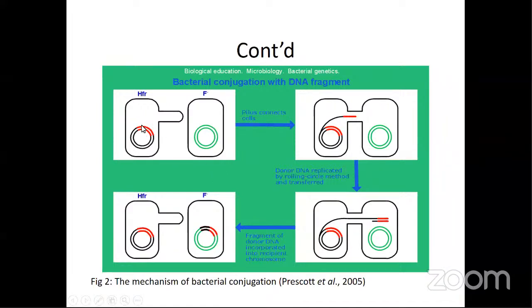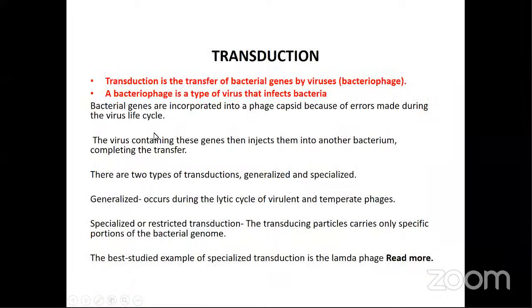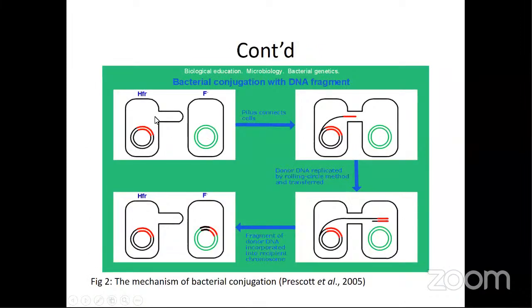All right, so you can see that the one representing the donor is able to form what is called a pilus. That is the first thing it does. It forms a pilus, P-I-L-U-S, which shoots out. Then you have the DNA. This red part is part of the DNA that it will donate. Then the pilus connects to the cell of the recipient. And then they form a tube-like connection.